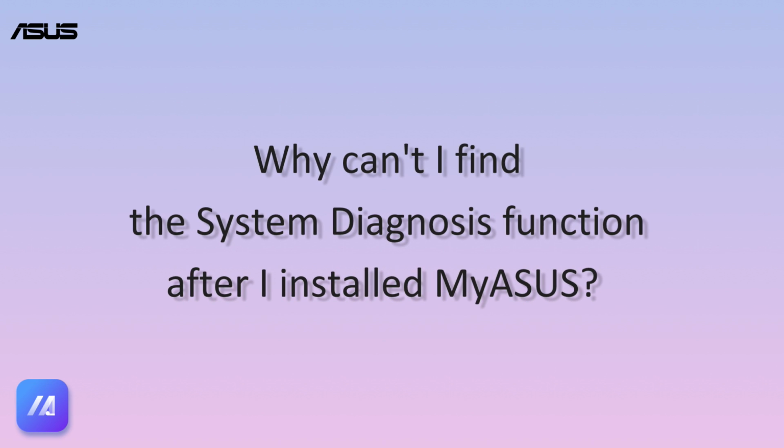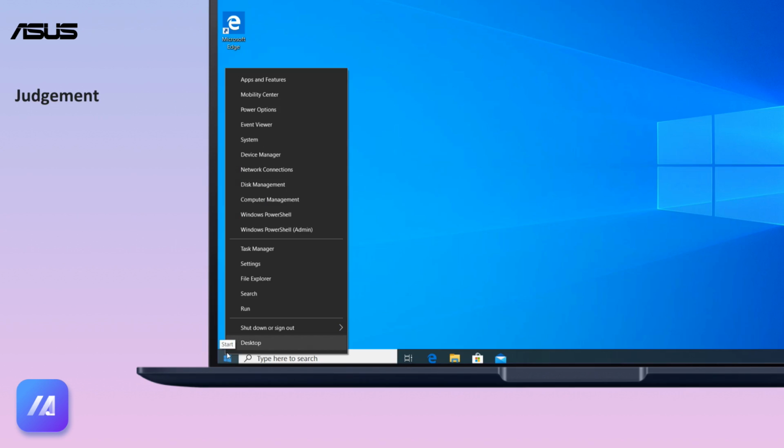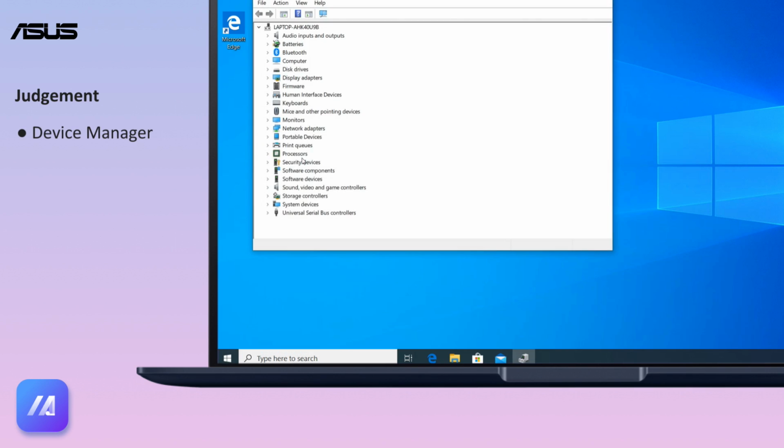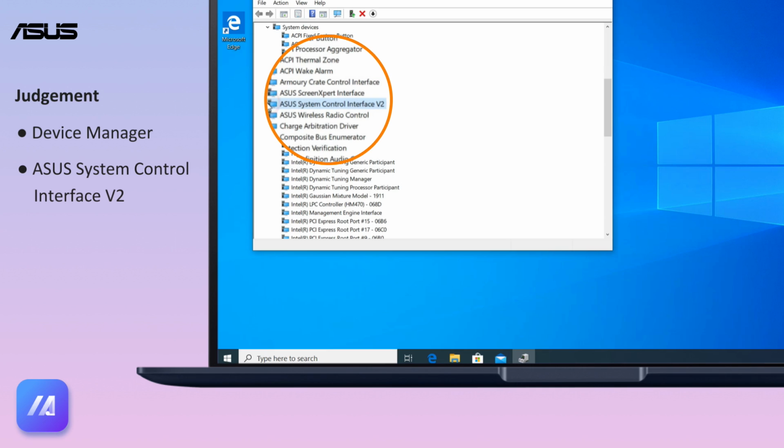Why can't I find the system diagnosis function after I installed My ASUS? For some old notebook models, they don't support the complete My ASUS features. Please check ASUS System Control Interface v2 from the System Device in Device Manager. When ASUS System Control Interface v2 can be found, it means that your computer can fully support the complete My